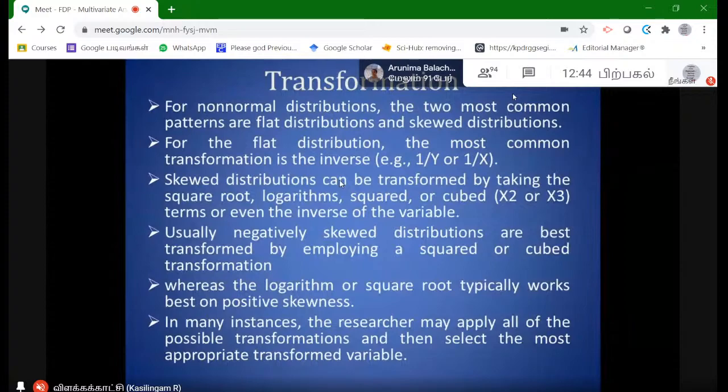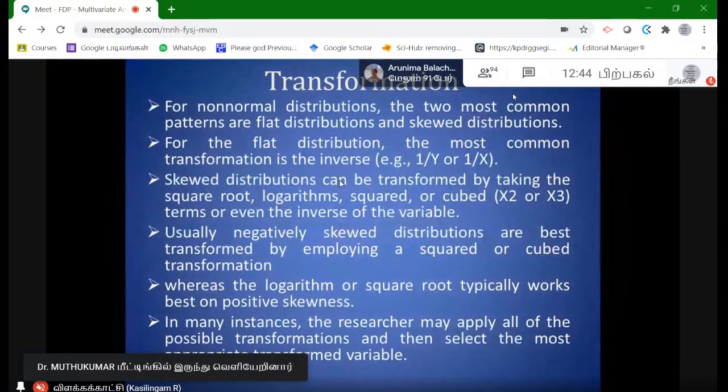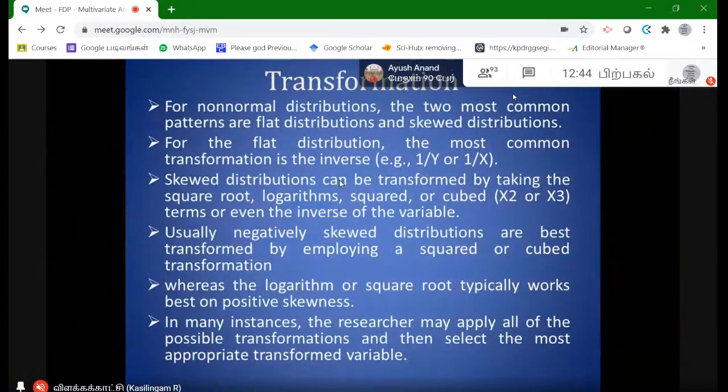Because what will happen? Normally, I will demonstrate it here. When you run a correlation for the original data and then for the log data, there will not be any difference. So you need not worry about it if you take the log. Okay, so you can transform it. How to get normal? After taking the log itself, you will get normal. Sometimes you will take the natural log, anything you can take, so that you can transform the data.